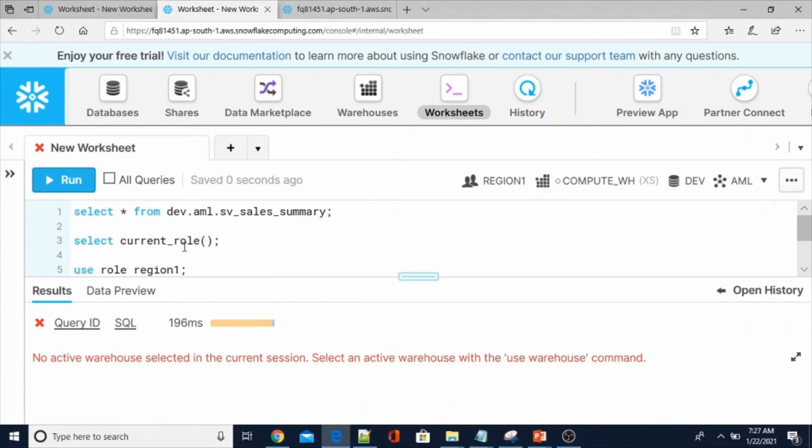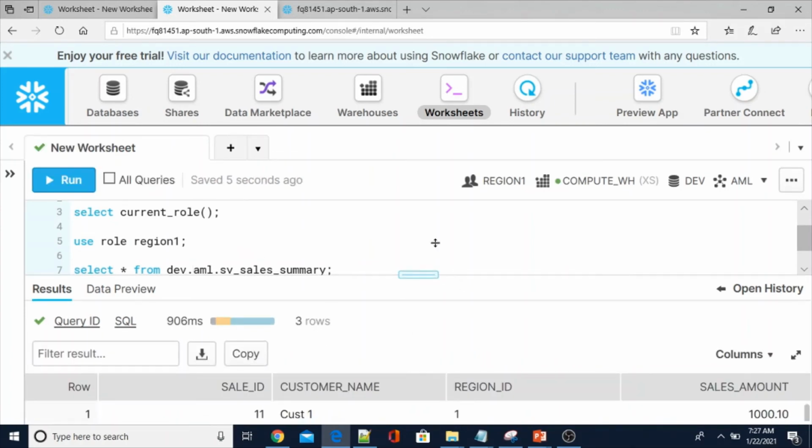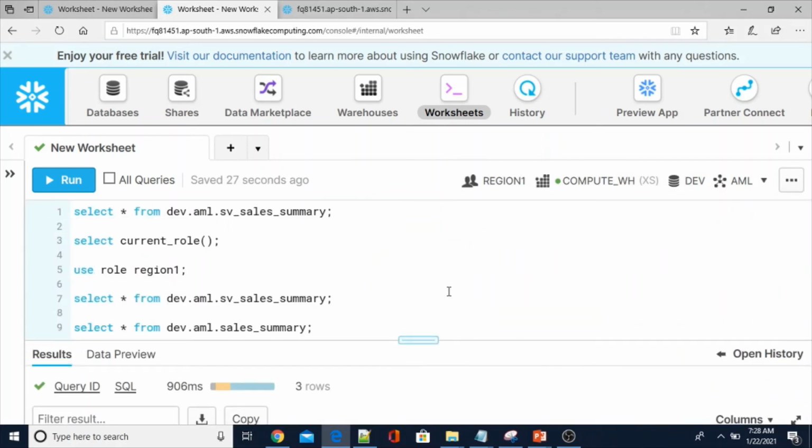Let me execute it again. See, this time we can see 3 rows by using the role called region 1, even though we have more than 3 rows, because this user can see only the data related to region ID 1. This is what we expected.